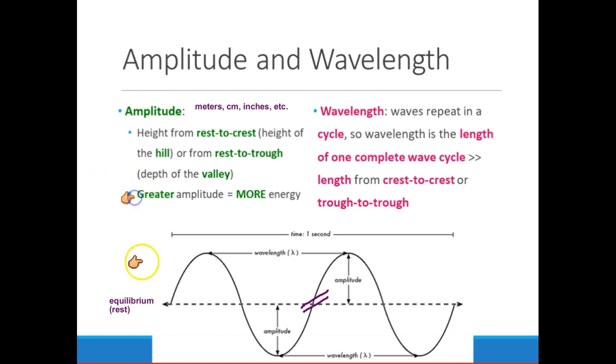Now, that being said, when we talk about amplitude, for example, when we talk about sound, the greater your amplitude is, the more energy you have. So if you think about decibels, decibel is telling you that you have a really big amplitude. For example, if a vacuum has 100 decibels, then it's going to be a very, very loud sound compared to something that is only 20 decibels. Smiley faces if that makes sense.